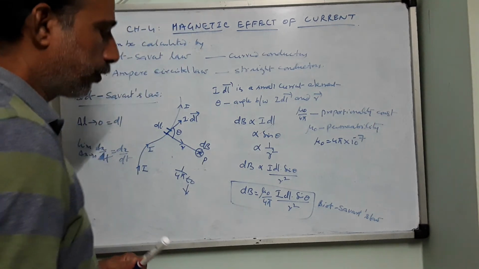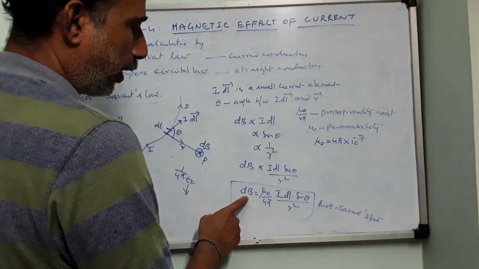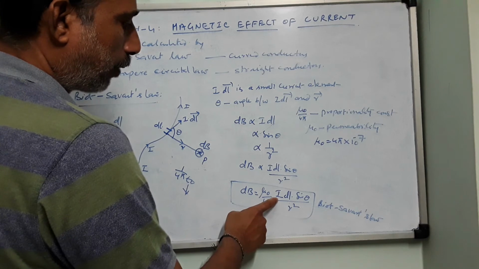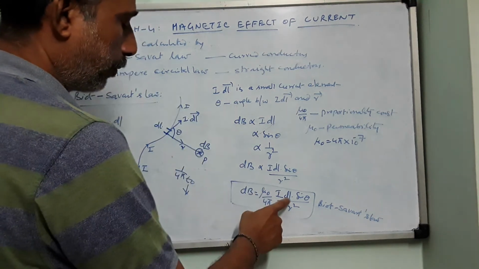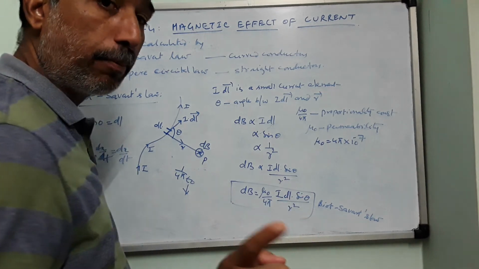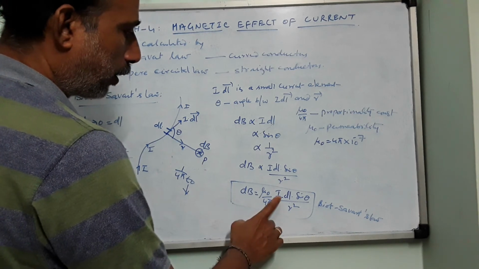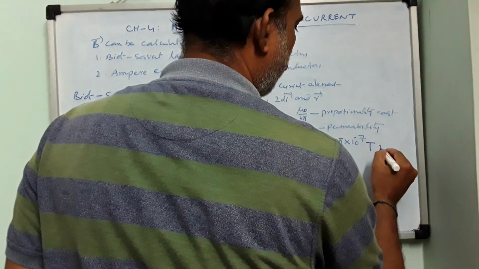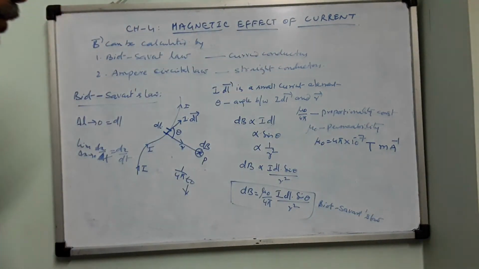Okay, right. So the SI unit of magnetic field is what? Tesla. We are trying to find the units of mu naught, and here I is nothing but what? Ampere. Here this is meter, this is meter square. So this meter square cancels, and in the denominator only one meter remains. This will come to this side. Tesla into meter divided by ampere. So Tesla meter ampere power minus 1 is the SI unit of this one.